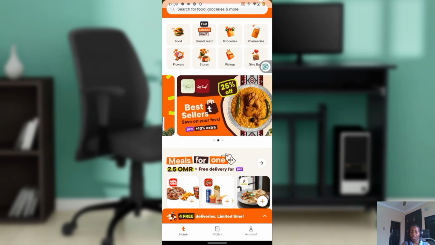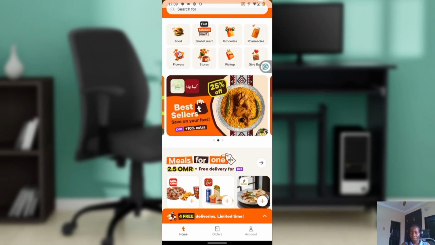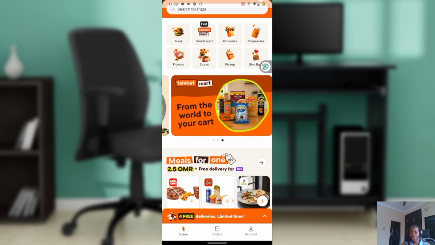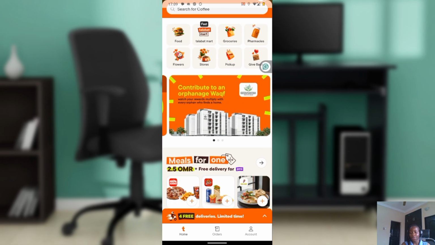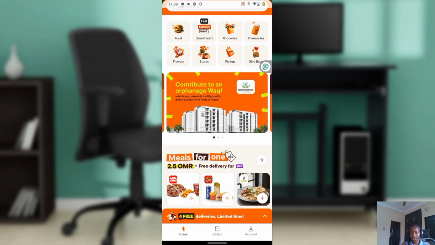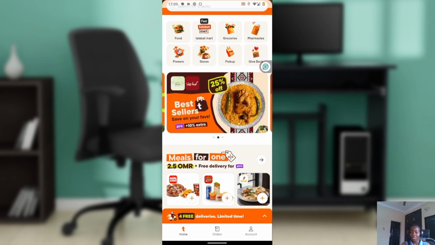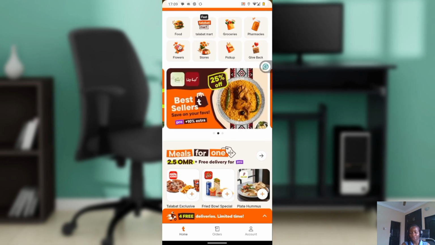Hello, in this tutorial I'll show you how to use Talabat Pay. The first thing I'd like you to do is to launch the Talabat app on your Android or iPhone. If prompted, sign into the account where your Talabat Pay balance is stored. Your wallet balance is linked to your Talabat account, so make sure that you are using the correct account before